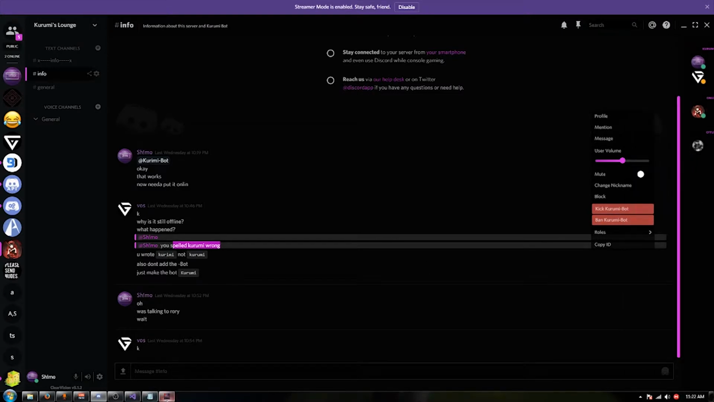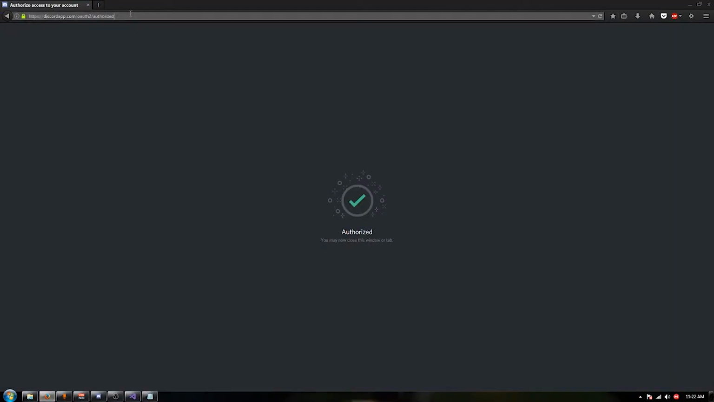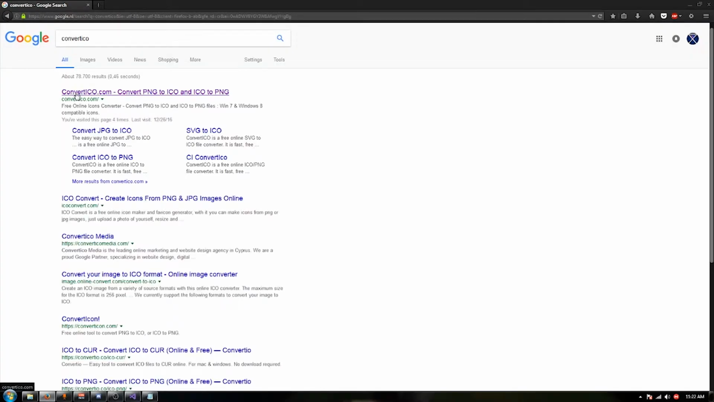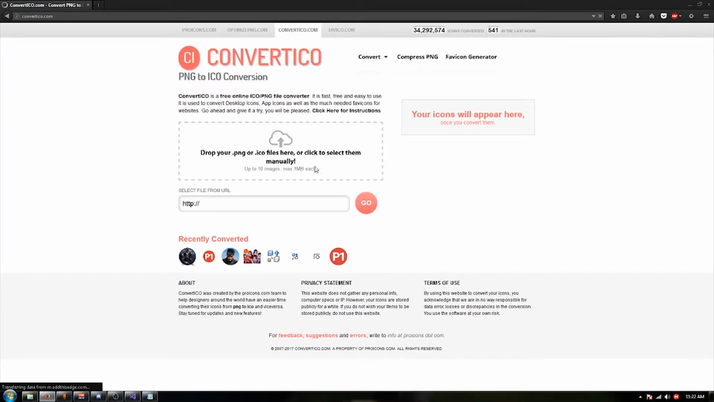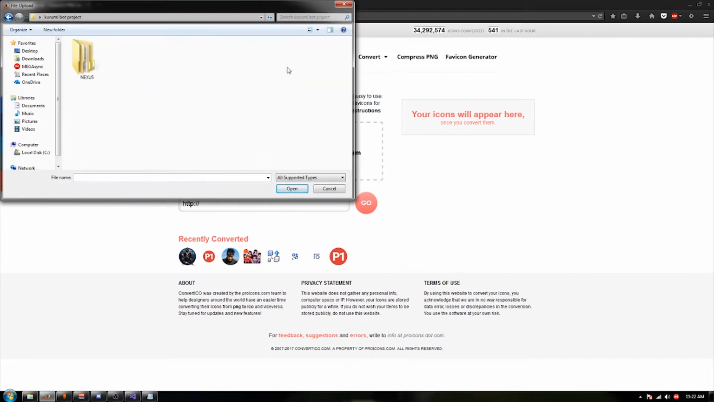What you now can do is you can turn this off, and it still has the Nexus icon. So what you want to do is go to Convertico, and you want to go to here. What you can do is upload any icon you want. I am gonna upload